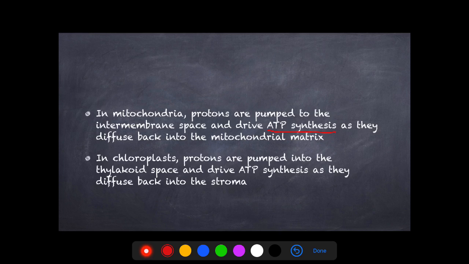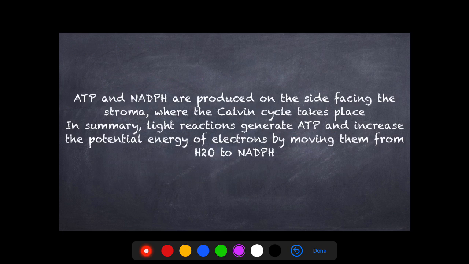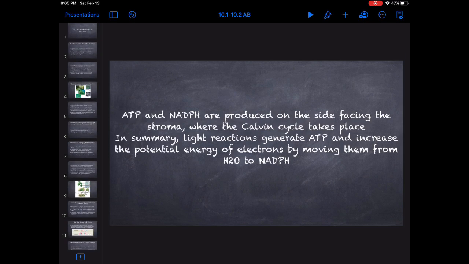So it's kind of like a cycle that's occurring. In chloroplasts, protons are being pumped into the thylakoid space and then back into the stroma in order for ATP synthesis to occur. So we kind of saw this in the image. So I'll draw it up here. If you have a mitochondria, you have the intermembrane space here. So you have protons that are going to be pumped from the intermembrane space